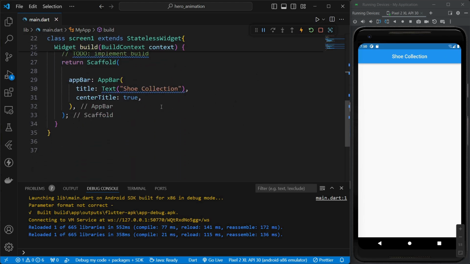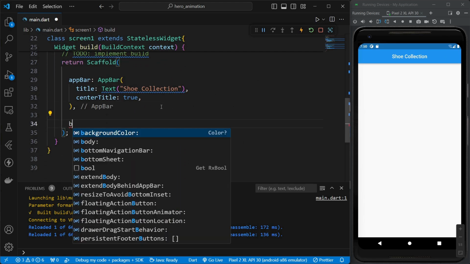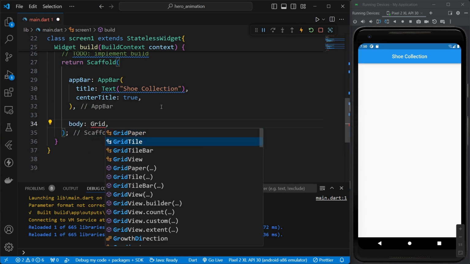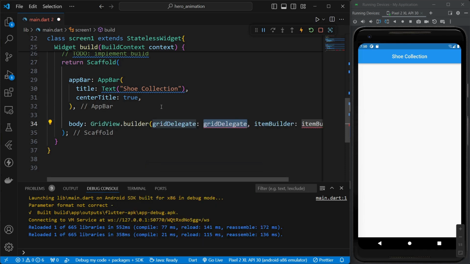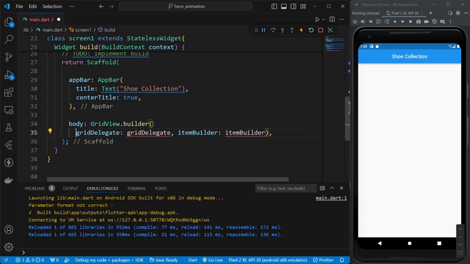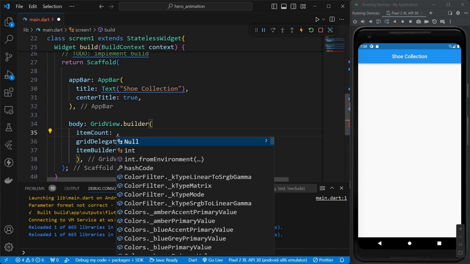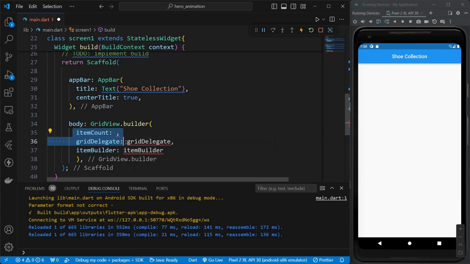Now we'll use the body property of our scaffold. So scaffold, body, and we'll make a grid view builder over here. I'll just take it to the next line. Okay, and we have to call one more property which is item count. So I'll type item count. Okay, so the grid view builder mainly consists of three properties. First is our item count, so let's just give 6 to it,